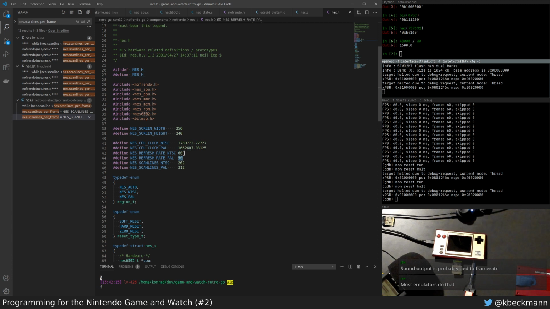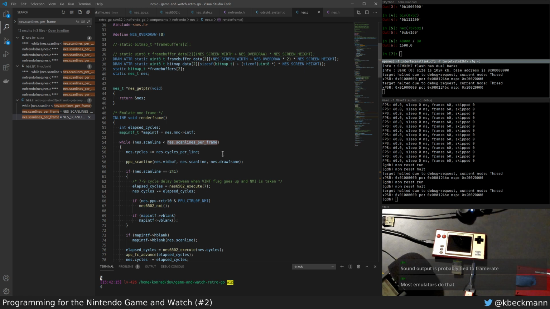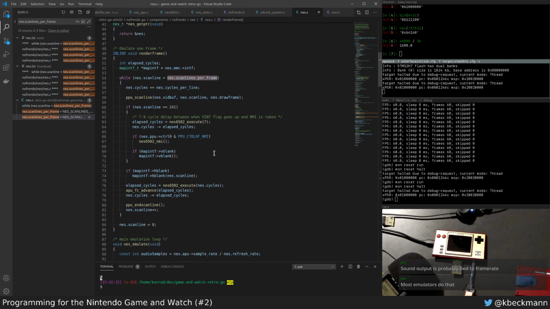If I'm playing a PAL game at 60 hertz, that shouldn't be that bad. It should just sound different and run faster than it's supposed to. Yes, anyway, it renders the frame,